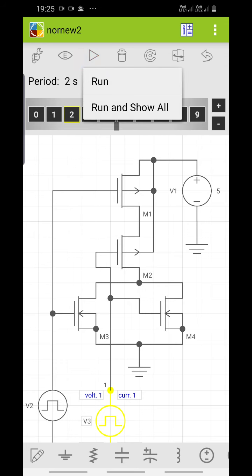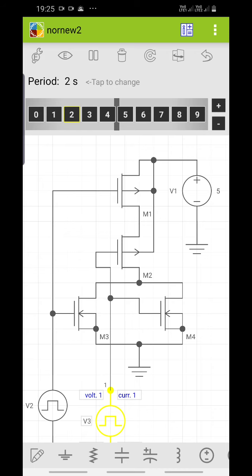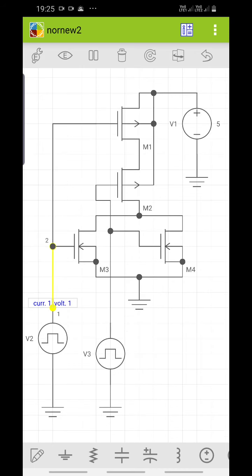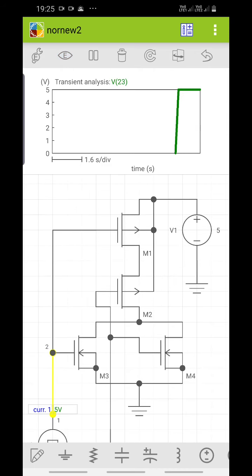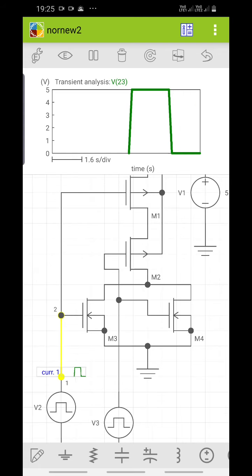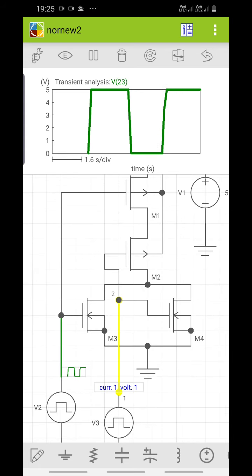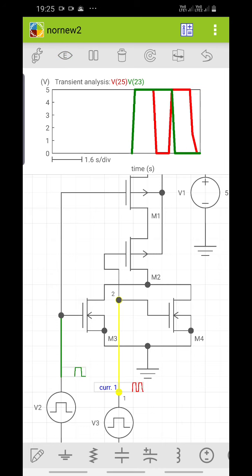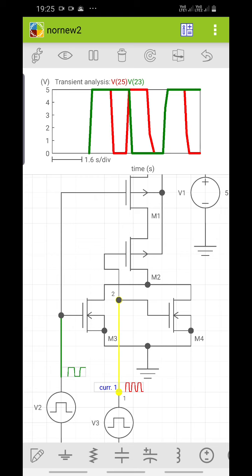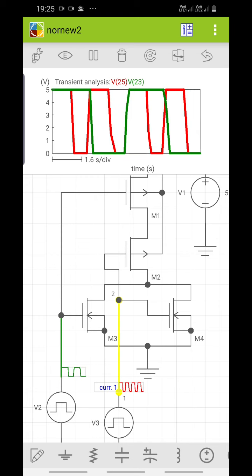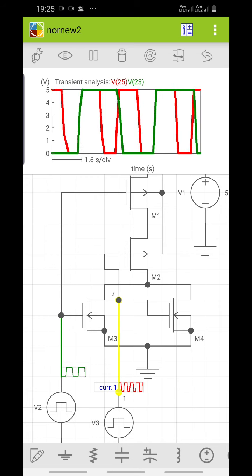So we can run the output. For running we need to select the input, select the input line, select the output line. This is not output, sorry, this is one more input. Input A, input B is coming now. Then the output line should be selected.